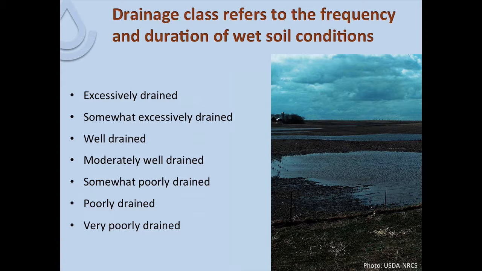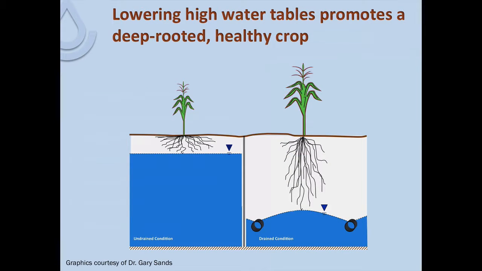The poorly drained soils obviously are ones that are going to benefit the most from artificial subsurface drainage, but by definition, even moderately well-drained soils are soils that often will have water levels in excess of what is desirable for crop production for some period during the crop growing season. And so where we develop those high water table or excess water conditions, particularly in the spring, to the extent we can lower that water table and get that excess water out of the soil,